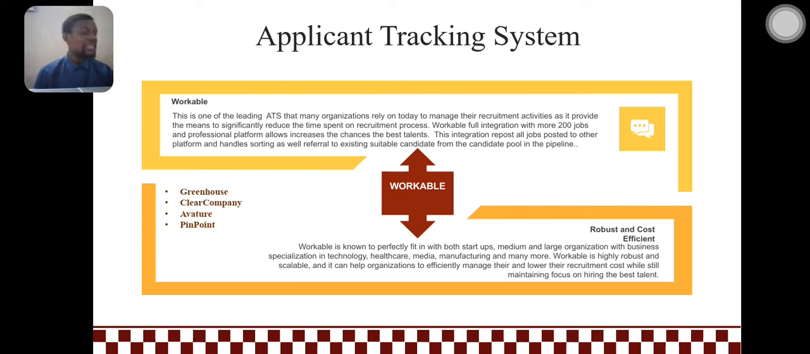So other notable ATS, like I stated, is Greenhouse. Greenhouse is a well-trusted ATS among employers with over 4,000 clients or customers and more than 360 built-in integrations to enhance performance and keep customers satisfied. So Greenhouse is equally good. And Clear Company is another ATS with over 2,000 clients, and it has a rich feature that allows HR professionals to conduct video interviews right from the system without having to go to another platform,